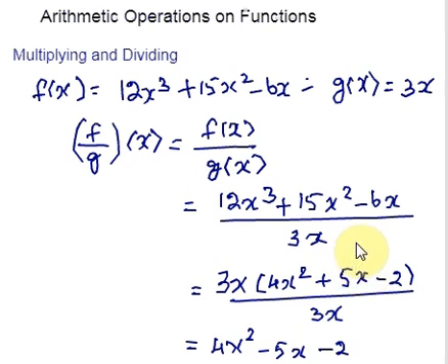That's it. Hope you got an idea on arithmetic operations on functions. In case you have any query regarding these topics,